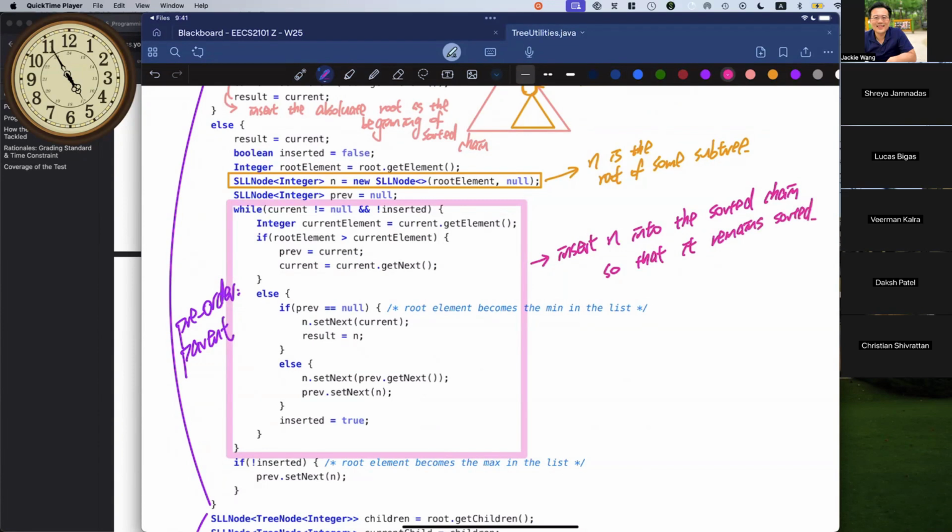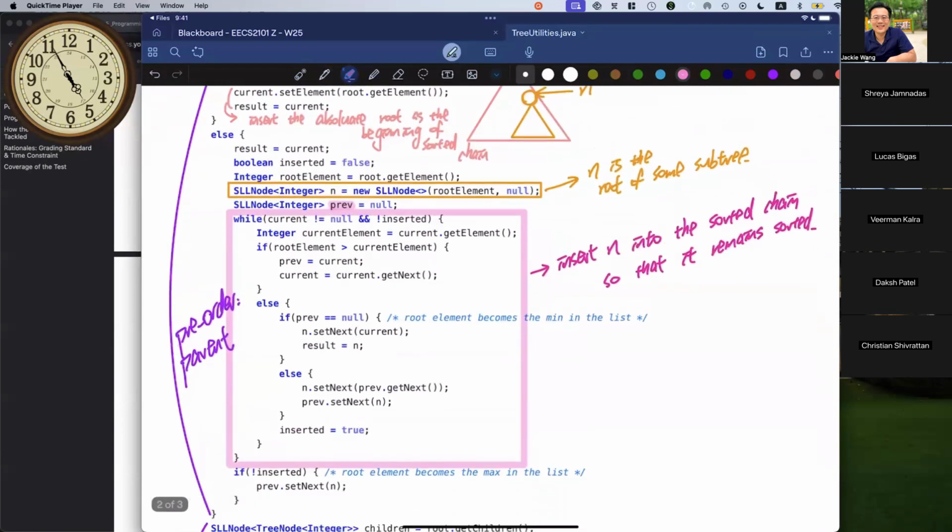I can briefly sketch the idea very quickly. You will see some critical variables, like the previous over here. That's really important because whenever you want to insert a node in between in a singly linked list, since you don't have the previous reference, you will need a previous node. I'll visualize that in just one moment. So the previous node here is very important. And then imagine that this is the chain of nodes you have right here.